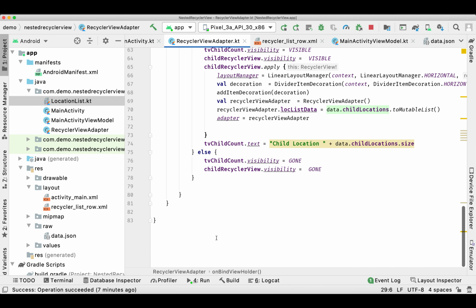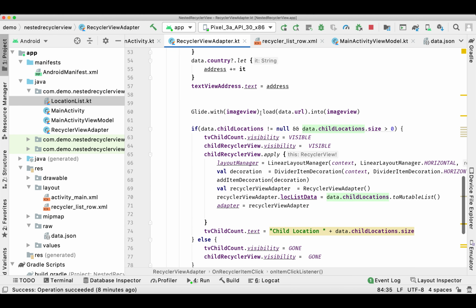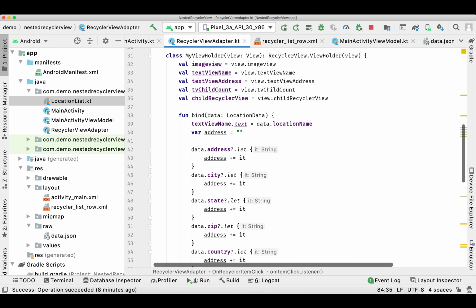Let's run our application and see. Before we run the application, let's handle its on click. So for handling a recycler row click element, we need to declare an interface and get it.